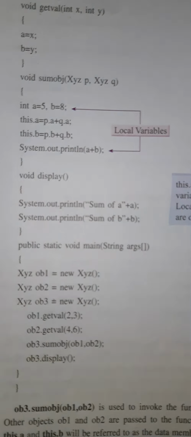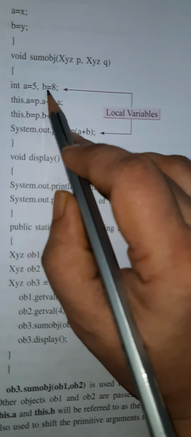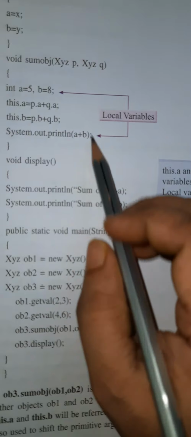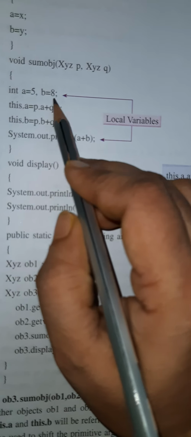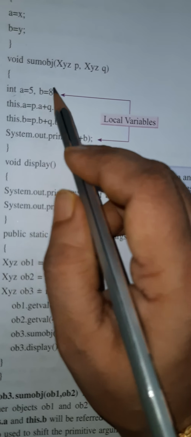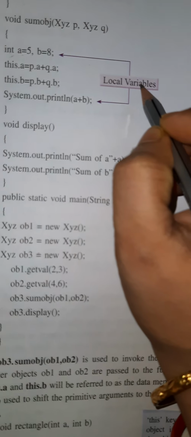But here you see again we are giving the values int a equal to 5, b equal to 8. So here a and b are declared again, inside the method sum obj. So int a and int b became local variables.